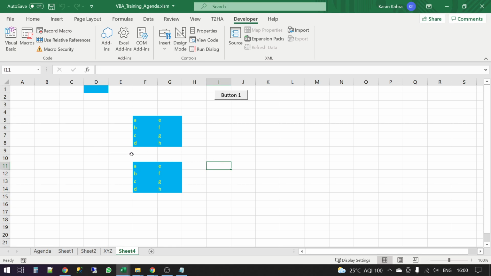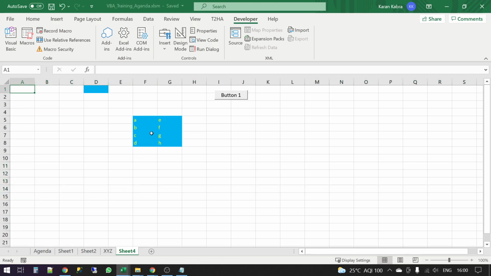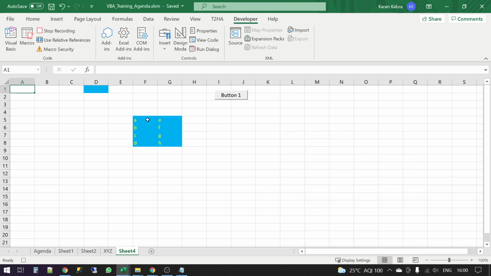Okay. Mrinal, to answer your question, how do you do it in multiple sheets at the same time? What I will do is, let me re-record. Okay, let me just re-record the same code.